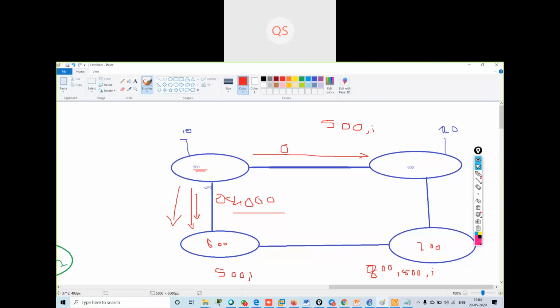Understood? But what will happen if I'm having multiple routers over here? Only this router is connected with this AS number, and this router is connected with this AS number.